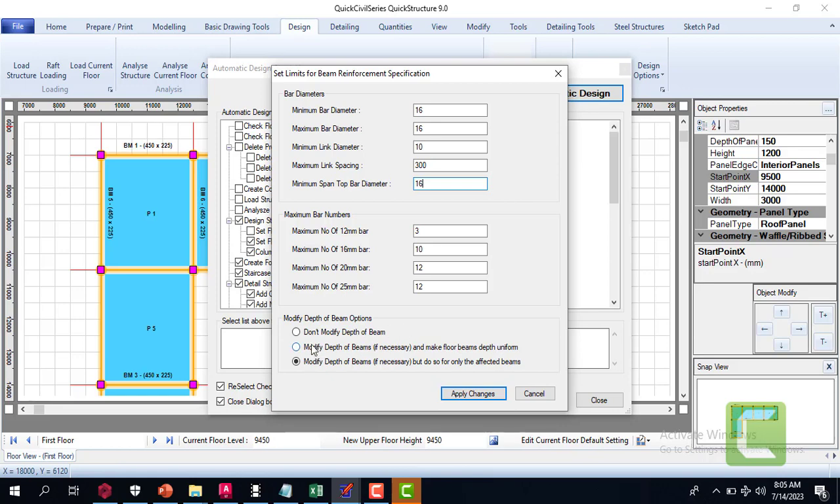Okay, so by clicking this, that means it won't go higher than that depth, no matter what, which is not very good. If you click on modify depth of beam, except if you are very sure that your design should not exceed a particular depth that you have specified, then modify depth of beam if necessary, and make floor beam